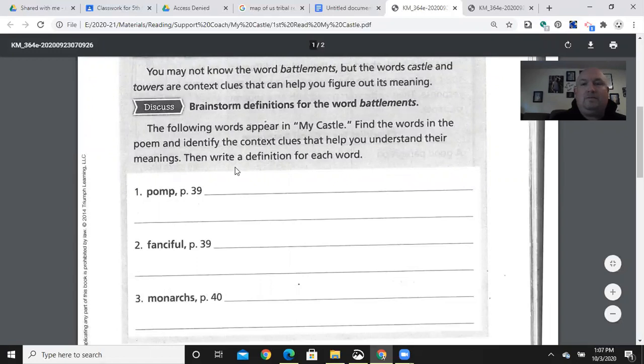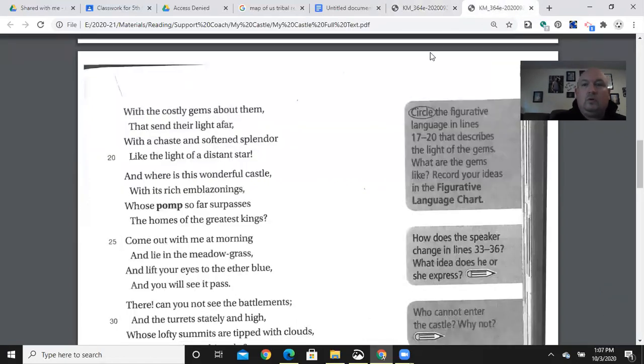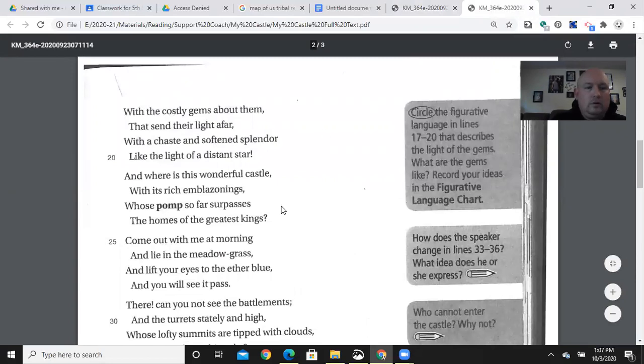And that word is pomp from page 39 of My Castle. And let's go over to it. You see that it's one of the highlighted words. And let's look at that stanza. And where is this wonderful castle with its rich emblazonings, whose pomp so far surpasses the homes of the greatest